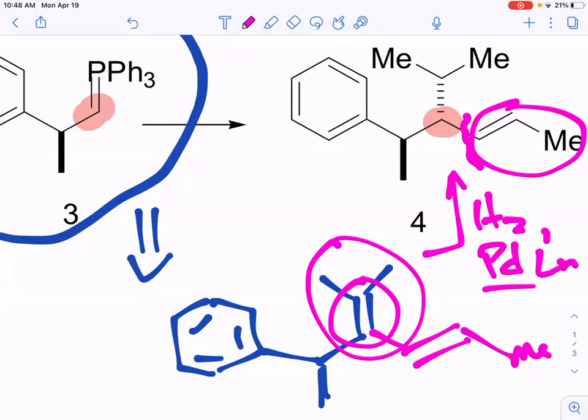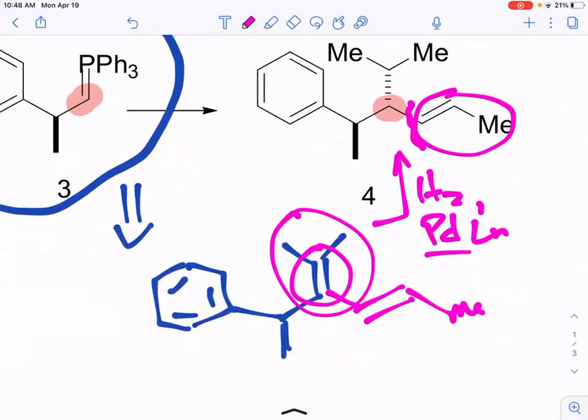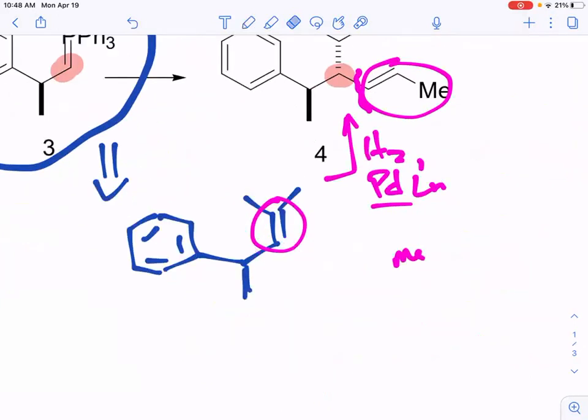Probably not. It might be random. Yeah, and then you're probably going to end up hydrogenating both of your alkenes, right? So that's why you have to think about, okay, what do I want to do first, right? So in order to do that, what we could probably do, let's get rid of all that, is do